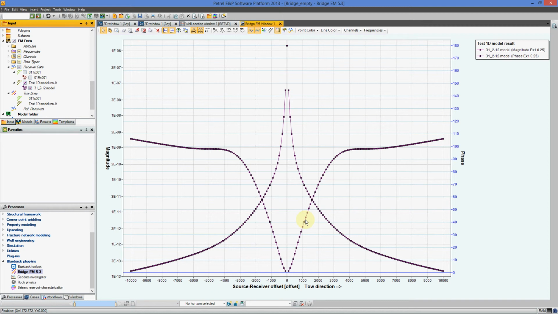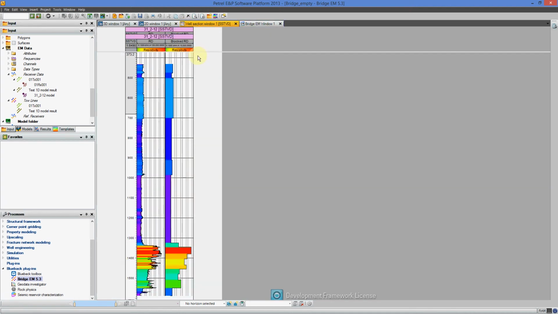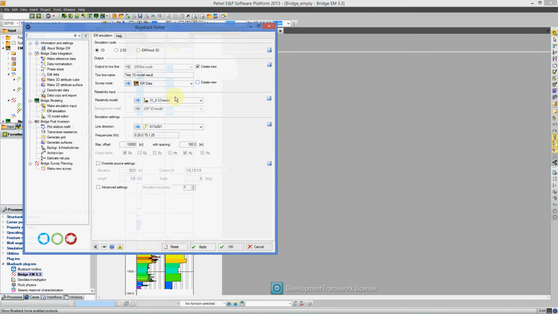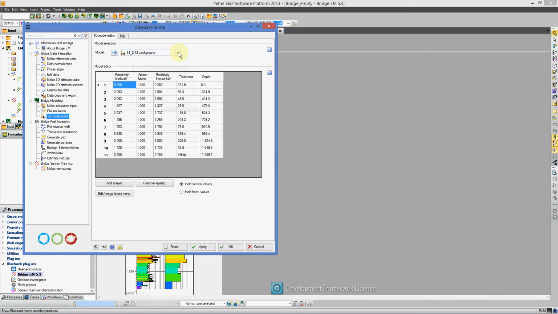Now I've calculated the response from a model which has very high resistivities here. So typically you also want to calculate the response from a kind of background model. We do that in this case by opening Bridge again, and I have this 1D model editor, and I can take my model here,